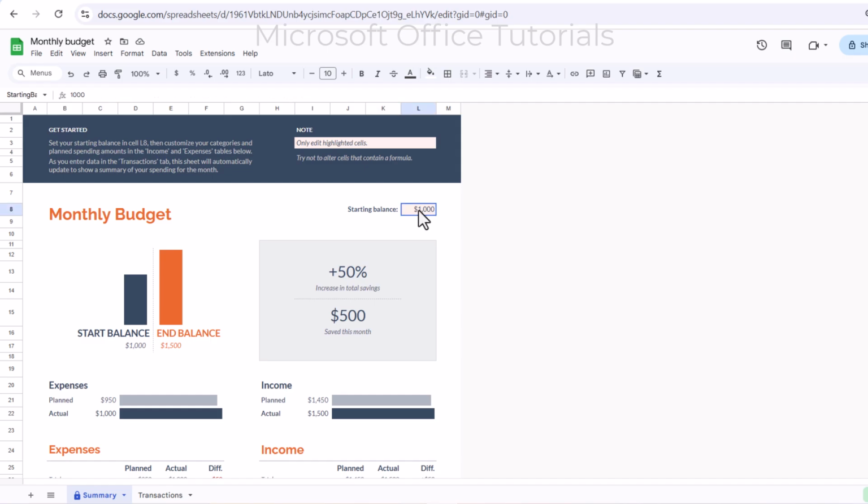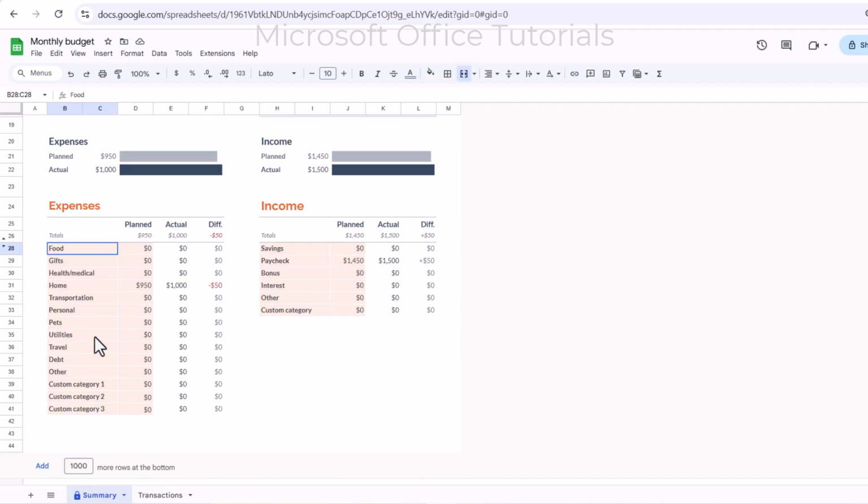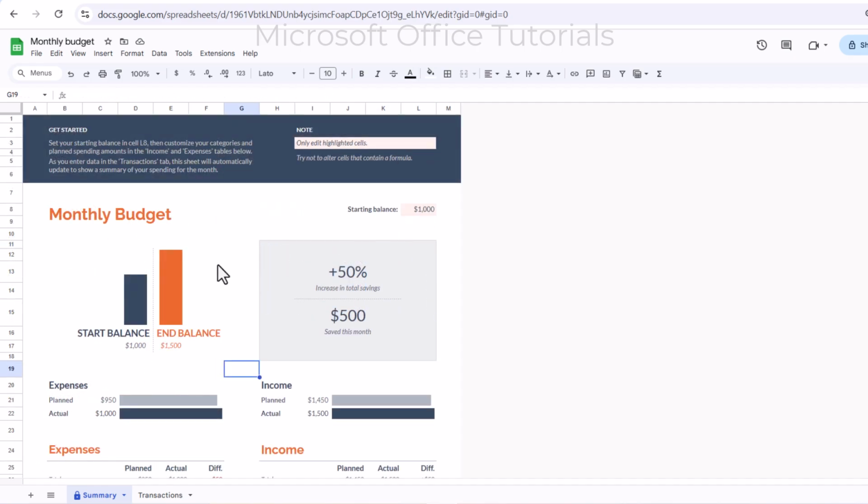For example, the starting balance, these budgeted expenses and budgeted or planned income we can change. But we don't need to change the other cells, such as the categories of income and expenses, because these cells contain the formulas. If we change any of these cells that is not highlighted, we will change a formula and everything will be messed up. Now the question is how we can change or customize this monthly budget template as per our